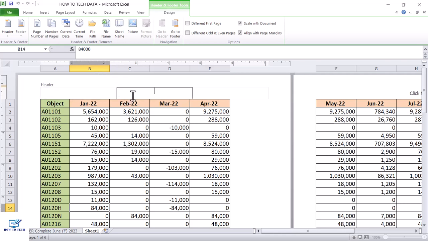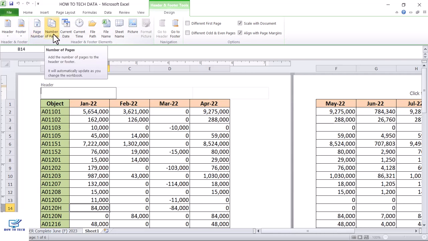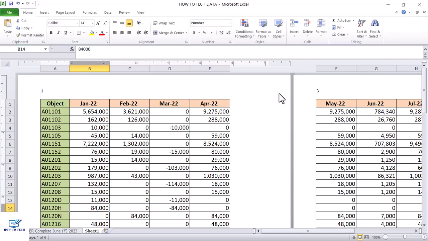In Header, and suppose I am entering page number here, so in above design tab you can see here is page number. Click on this and the code of page number will appear here. If you will click anywhere on the sheet, you can see page number are inserted. So in this way you can add page number in header,